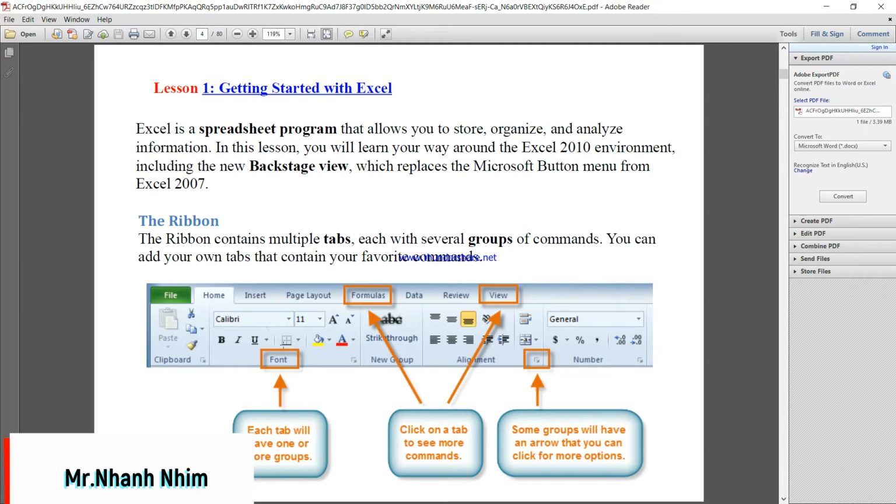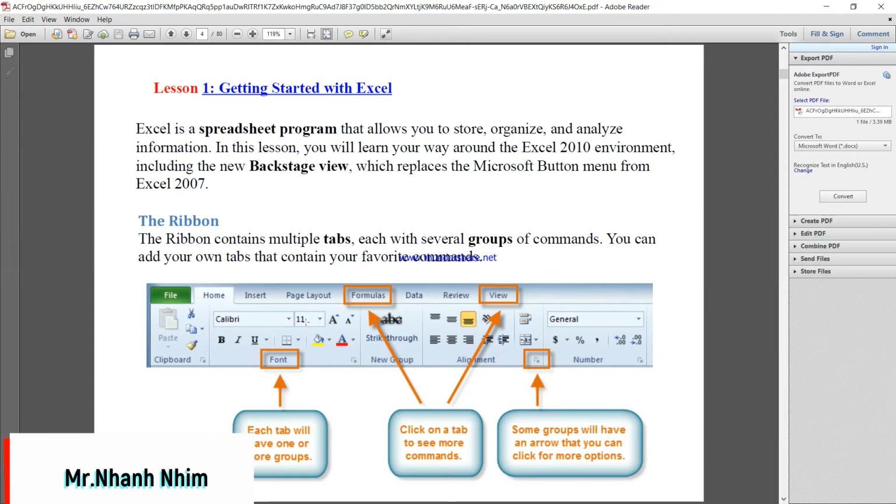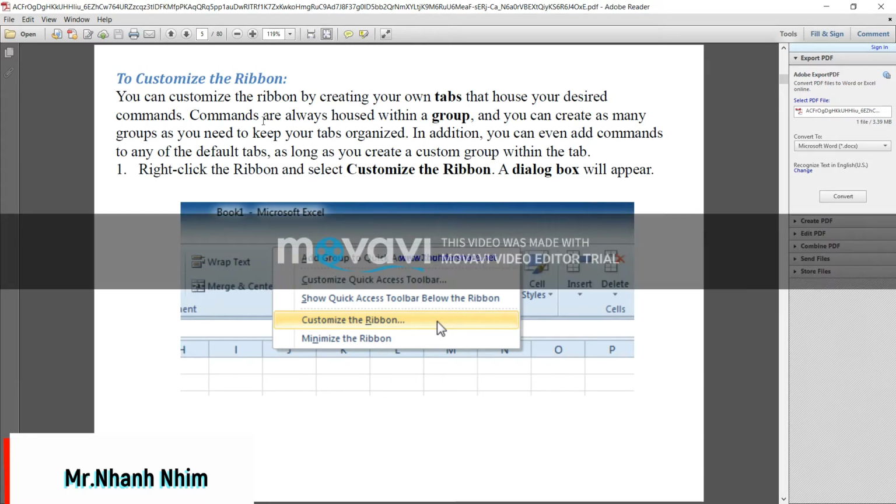Okay, this is the ribbon of Microsoft Excel. We have File, Home, Insert, Page Layout, Formulas, Data, Review and View here. Okay, you can see this is the ribbon in Microsoft Excel. This one is to customize the ribbon here. You can customize the ribbon by creating your own tabs that house your preferred commands. Commands are always housed within groups, and you can create as many groups as you need to keep